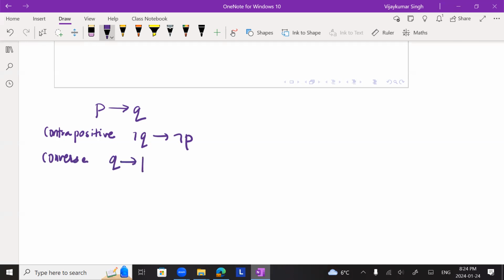Q implies P. It's like saying, okay, let me have a funny example. If it is a monkey, it can fly. Does it mean that if it can fly, it's a monkey? That is what the converse of this statement is. If A implies B, does B imply A? All right. And the inverse is basically going to be